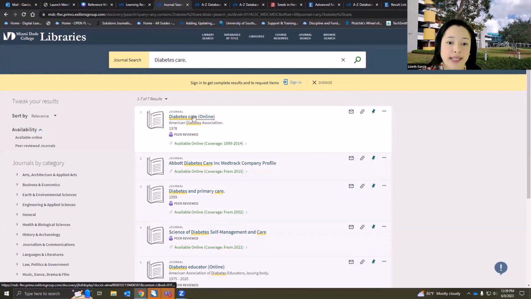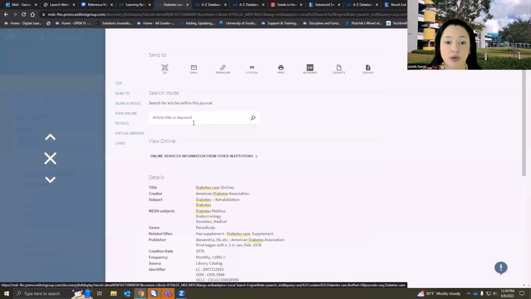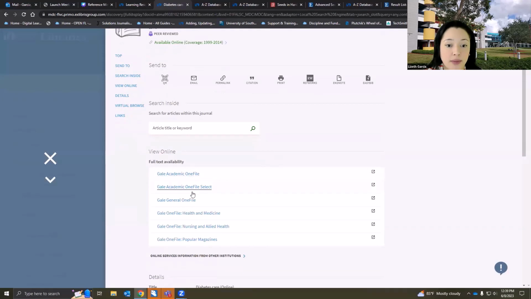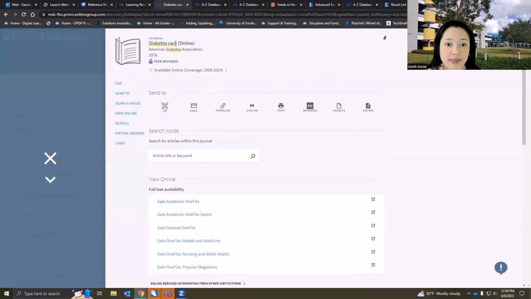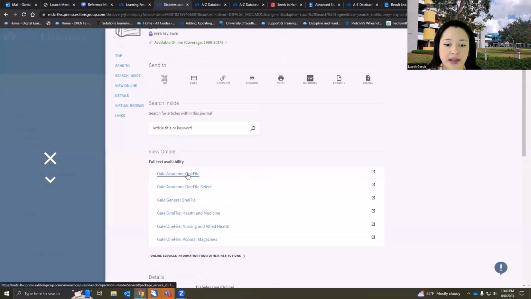So we'll see right away that this journal is peer-reviewed, which is useful information in case your professor says, no, this has to be a peer-reviewed source. It's telling you that it's online, so it's readily available. You don't have to actually go to the library and make a copy or look at the physical item. This is available online. The second step would be to click on one of the full text availability, meaning that this diabetes care journal is available to you from different sources. You don't just have one source. So I'll just go ahead and click on the very first one